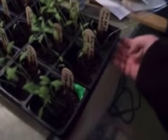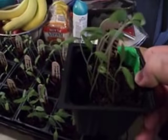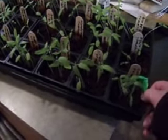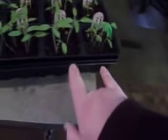Now, I'll be honest, not every seed came up, not every plant's going to make it either. But hopefully most of them will make it, or at least one plant in each pot. And let's put it this way. Each of these trays cost me $5. Now, each plant in each of these pots would only cost me $5. So, if only 6 plants in each pot make it, and just one pot makes it, now